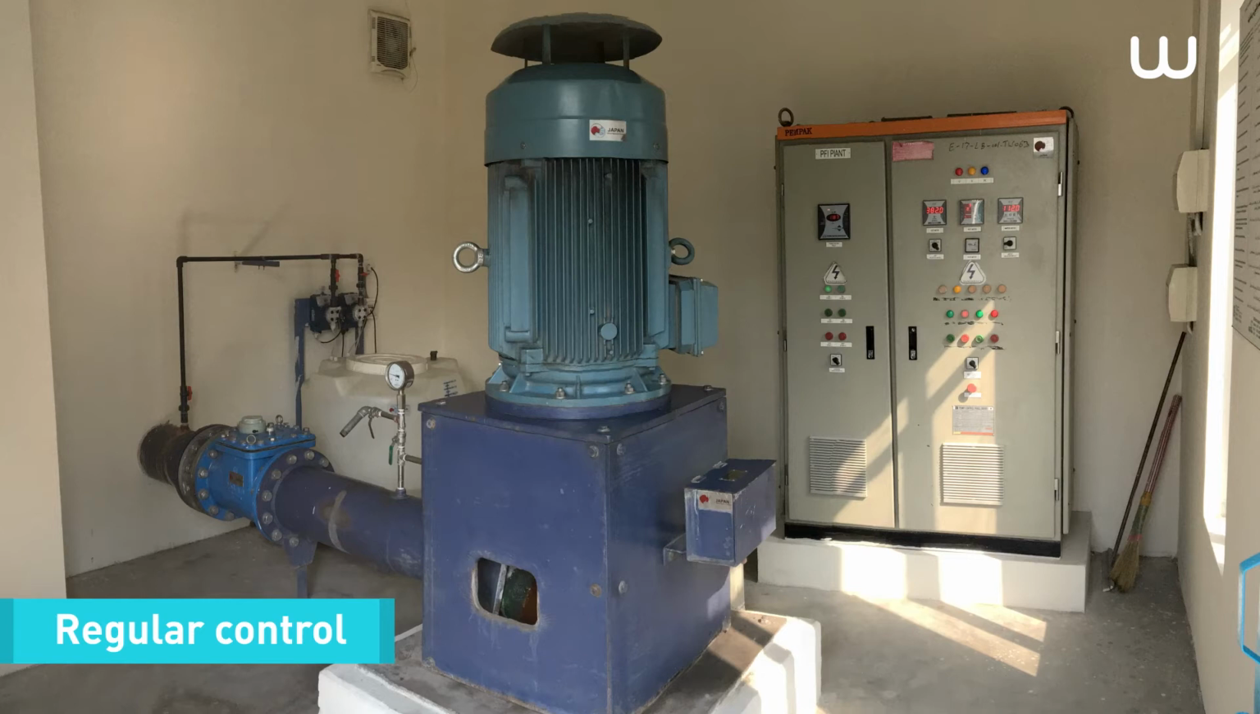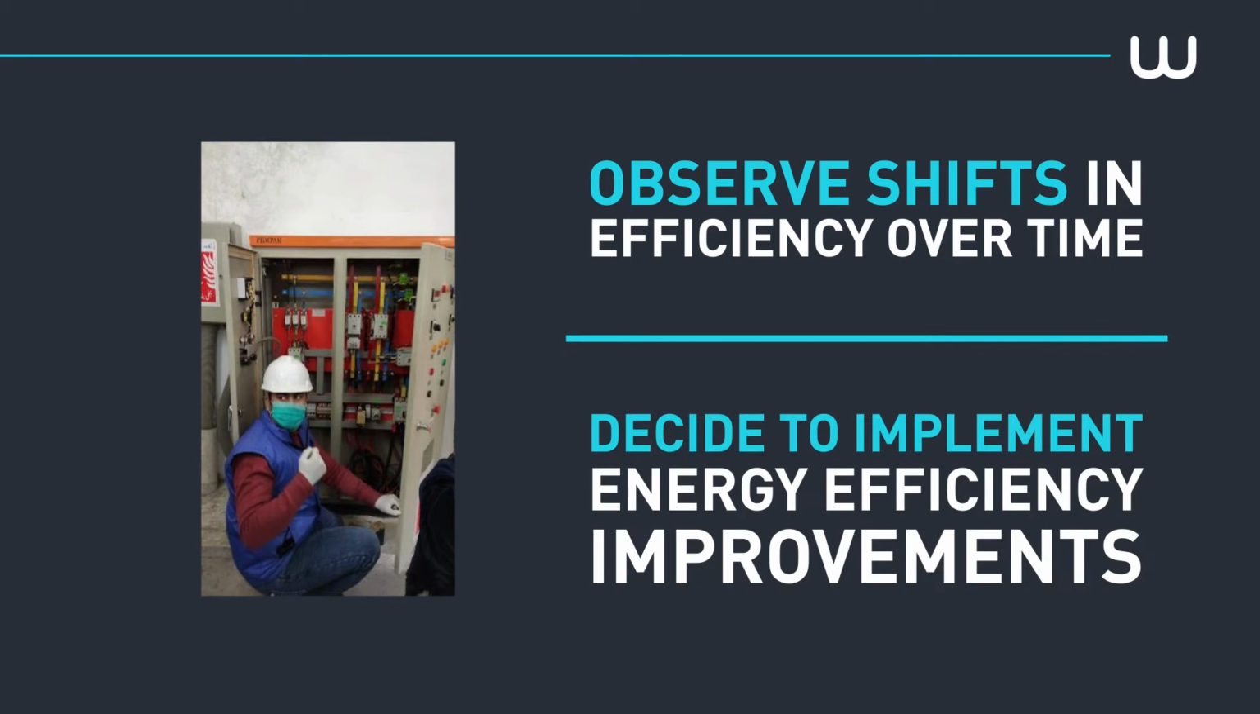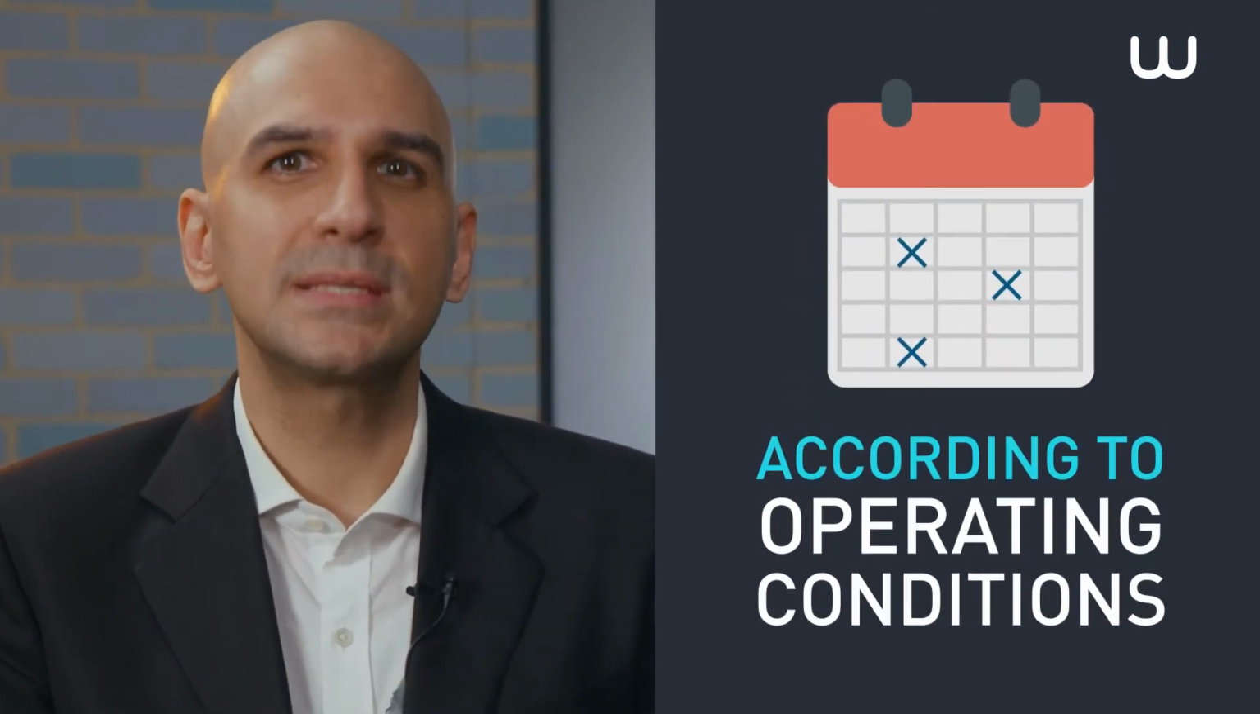Thanks to these controls, shifts in efficiency over time can be observed, and decisions to implement energy efficiency improvements at the site can be made. The frequency at which pump controls are carried out must be gauged according to the conditions under which the electropump units are operated. Indeed, these audits should be all the more frequent as the demand in water rises, or where